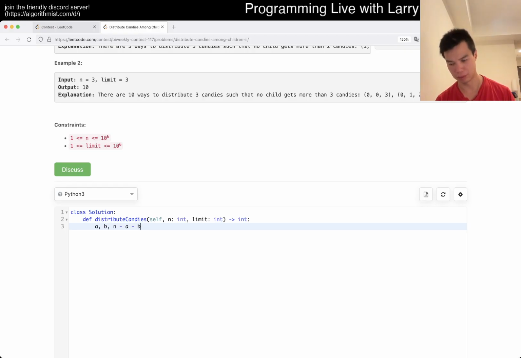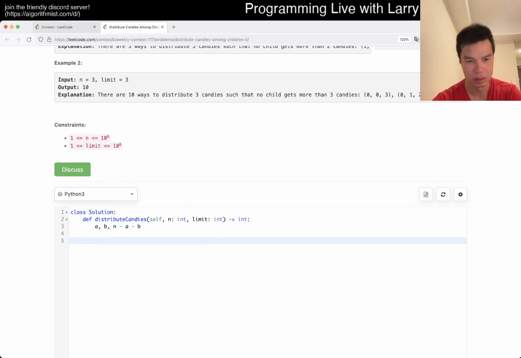So 0, 0, this 1, 0, 1, and 1, so 1, 2, 0, and then 3. Okay, so it's binomially distributed on the limit, right? And then we can do the math on that way. Okay. So you have